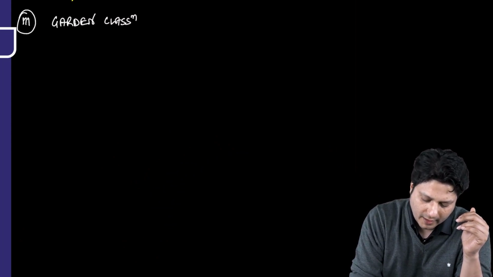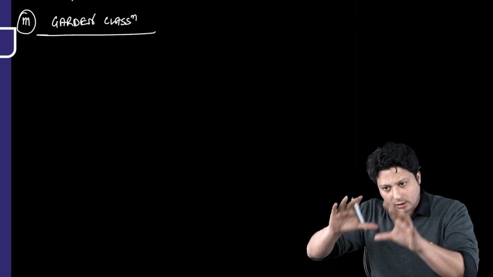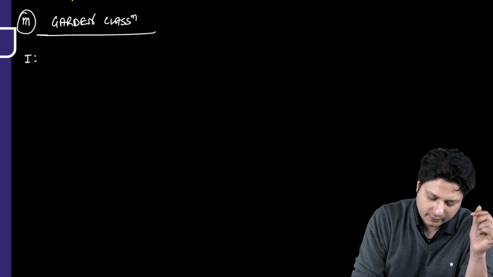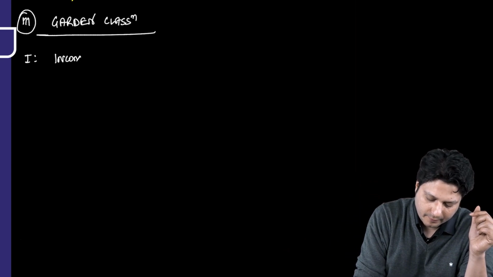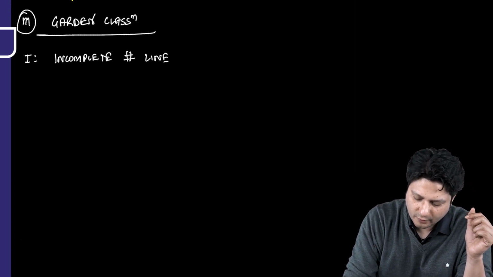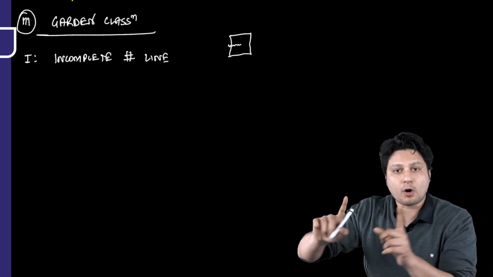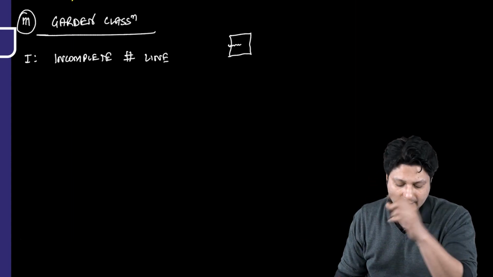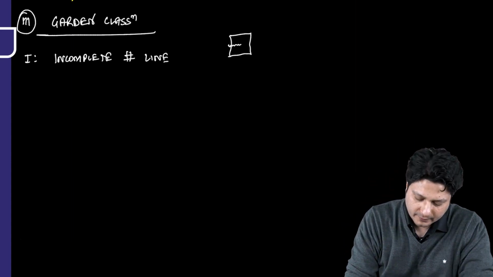Now under the heading of Garden classification, what exactly or how it is theoretically written, the type 1 Garden classification is an incomplete fracture line. You know, if this is the neck of femur, for example, all right, the fracture line is not involving the opposite cortex. There is only one cortex which is affected. That is incomplete fracture line, and that is the reason why this type of fracture is also known by the name of